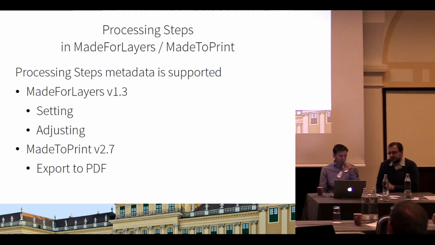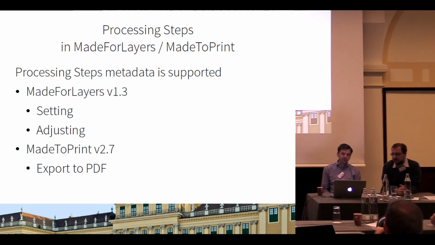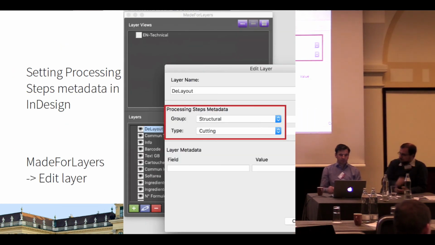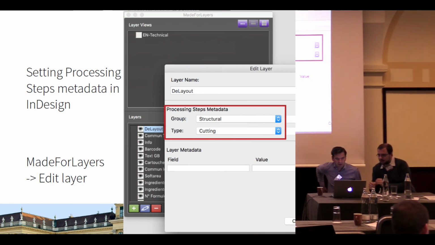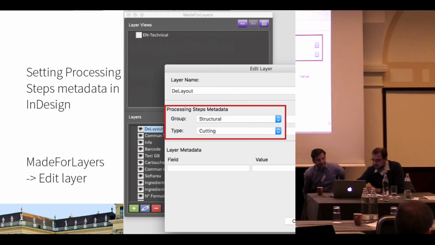as for now, processing steps metadata is supported in MadeForLayers in the current version 1.3. And you can set and adjust the processing steps metadata. And in Made2Print, it's supported in version 2.7, which is simply to export the processing steps metadata to the PDF. That's the MadeForLayers, just as you have seen it. It has the processing steps metadata group, and